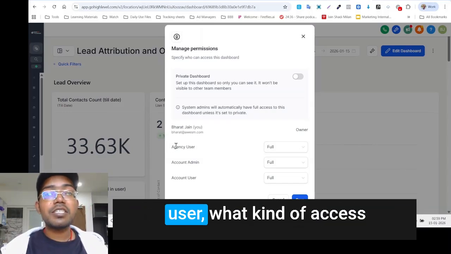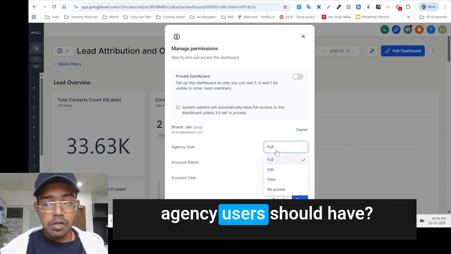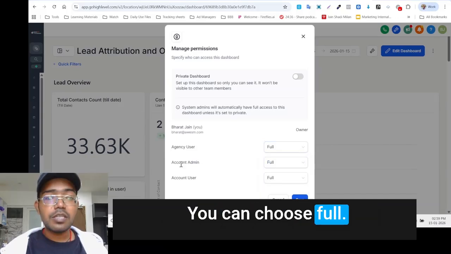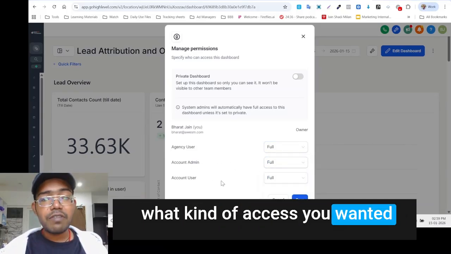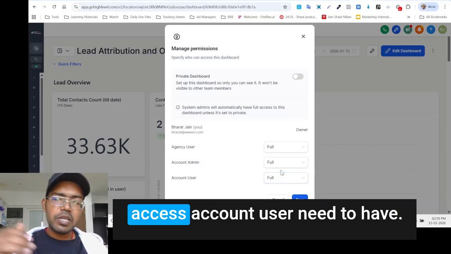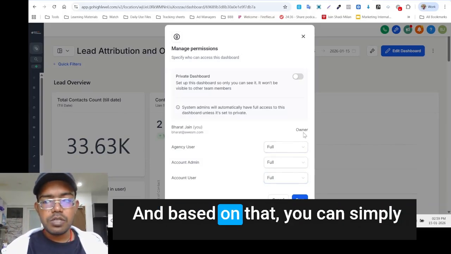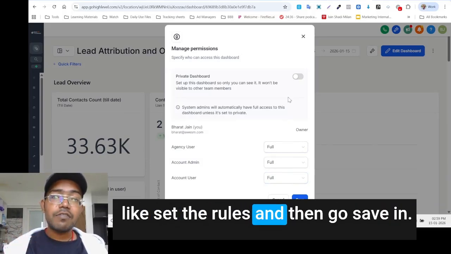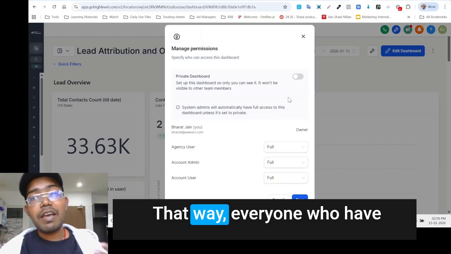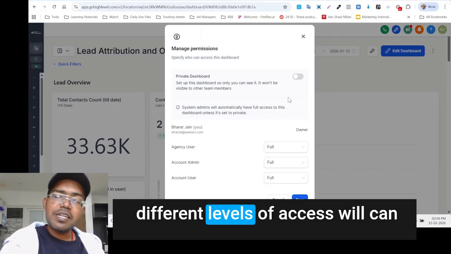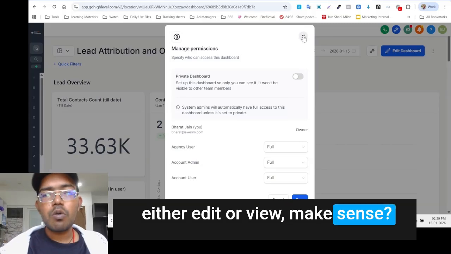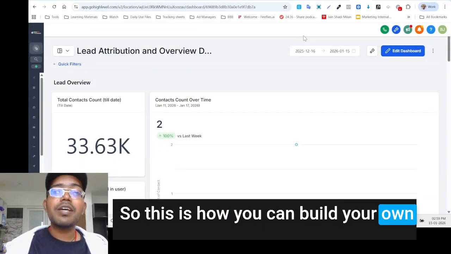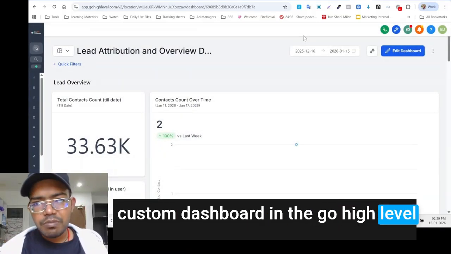But let's say agency user, what kind of access should an agency user have? You can choose full, edit, or view access. Then same for the account admin, what kind of access you want to give to them, and what kind of access an account user needs to have. And based on that, you can simply set the rules and then click on save. In that way, everyone who has different levels of access can either edit or view. Make sense? So this is how you can build your own custom dashboard in GoHighLevel